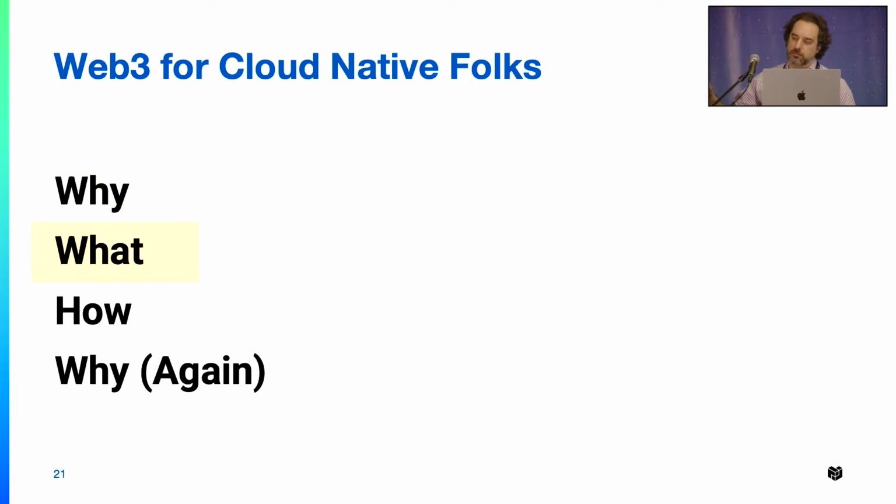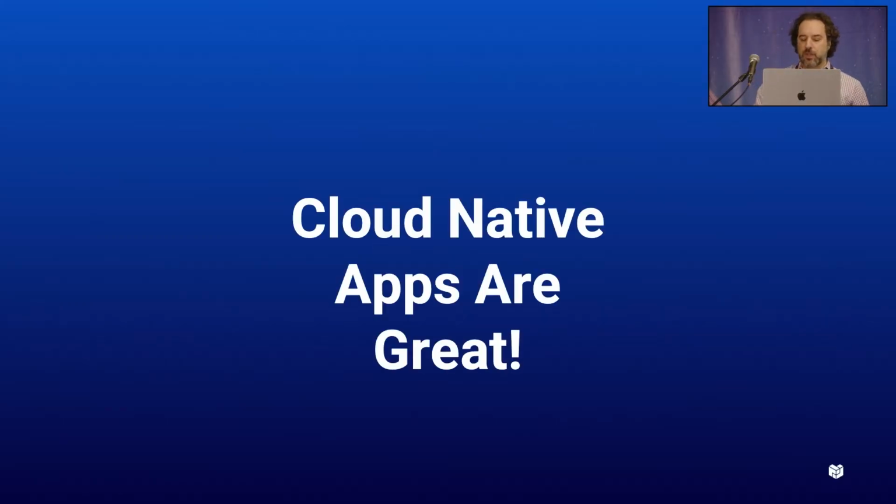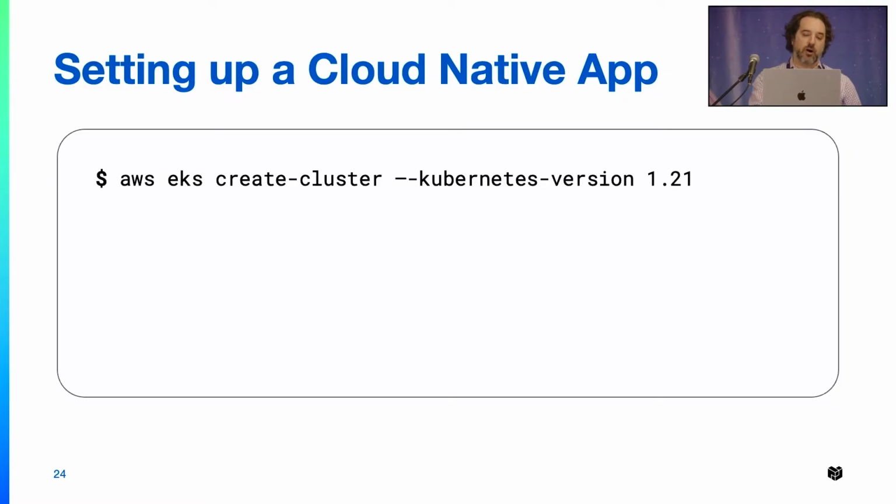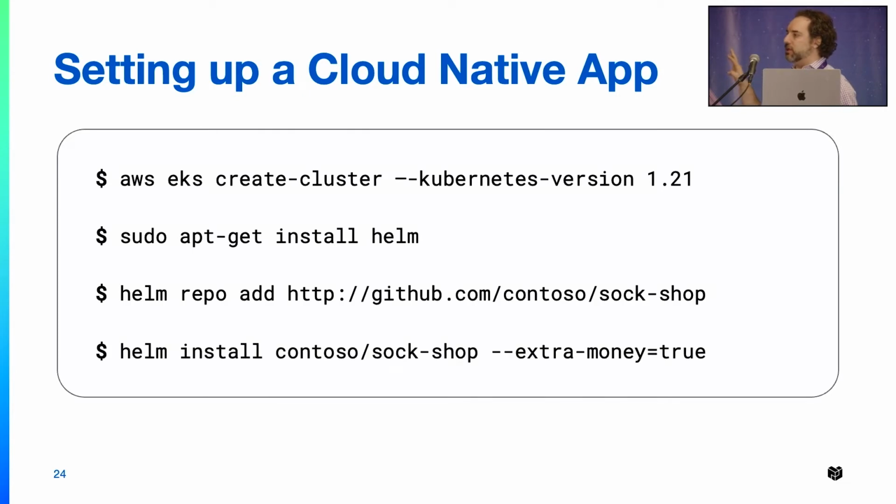So that's why. What does it look like? Well, again, I come from the cloud native Web 2 world, right, of Kubernetes and other things like that. And cloud native apps are great, right? Here, in just 4 commands, I can spin up an entire stack of Web 2 workloads to provide a simple store, simple e-commerce, payment transactions, everything, storing state in a database, storing logs appropriately, and so on and so forth. 4 commands. That's really pretty impressive. And I can even add that extra money flag there at the bottom to make it extra profitable.